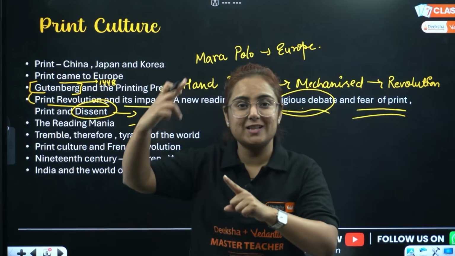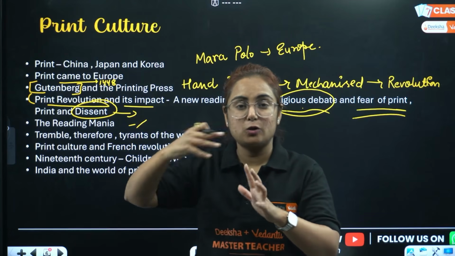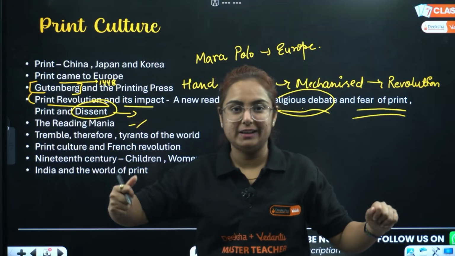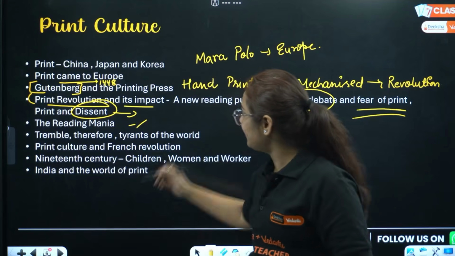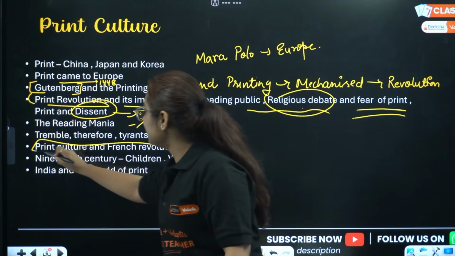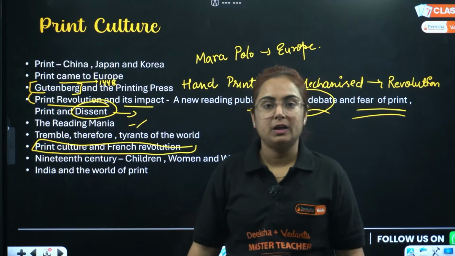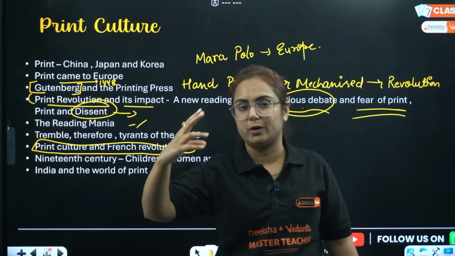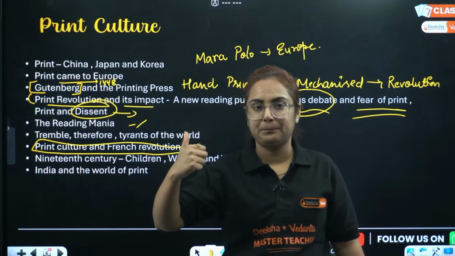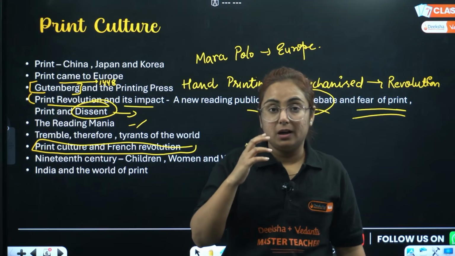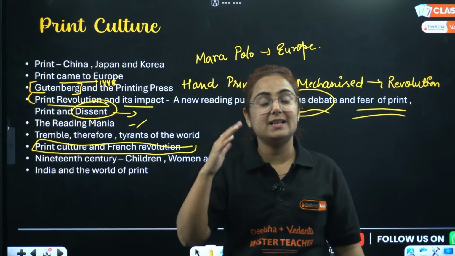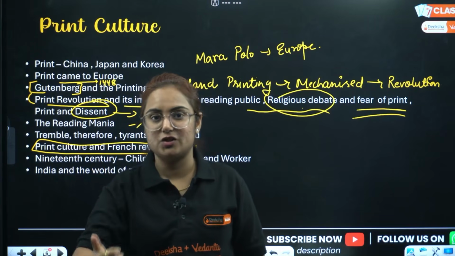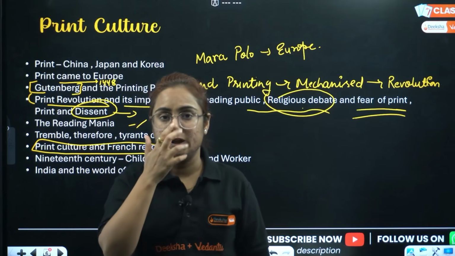that talk about democracy. Like Rousseau, Voltaire, they tell the people about equality. Crazy thing is going to come. Yes, the French Revolution also has a relation with the print culture. How? It spread the ideas of enlightened thinkers, Voltaire, Rousseau, etc. When enlightened thinkers' thinking is being spread, there is a culture of debates and discussions going on.